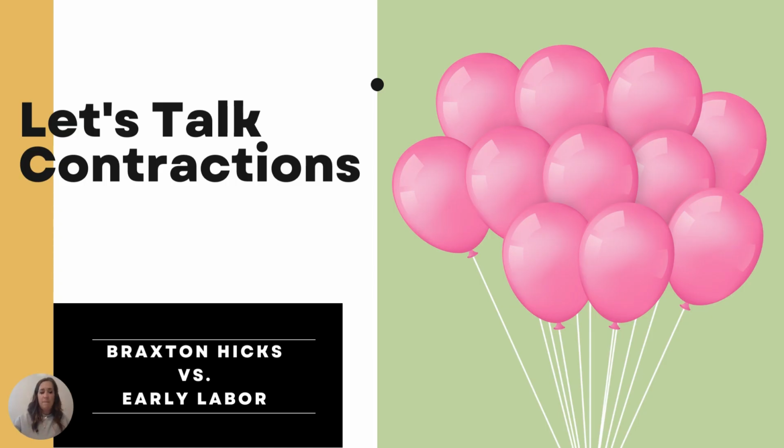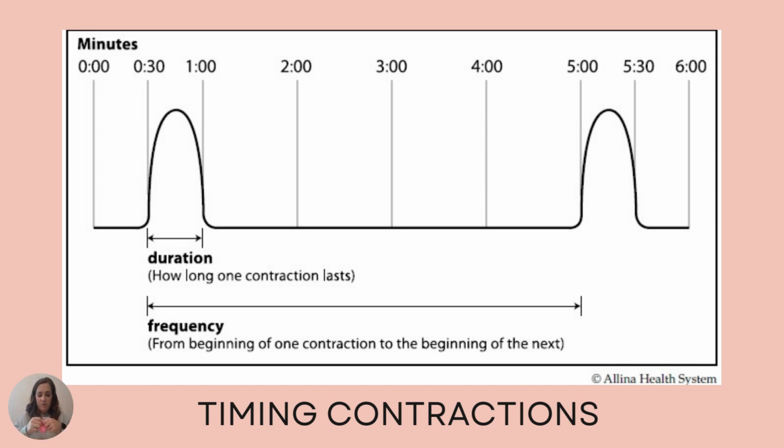Okay, let's talk about contractions. So you may have already been feeling some Braxton Hicks contractions, depending on how far along in your pregnancy you are. So we're going to talk a little bit about the difference between Braxton Hicks versus early labor. And we're going to do a fun little activity where I have, oops, hold on,